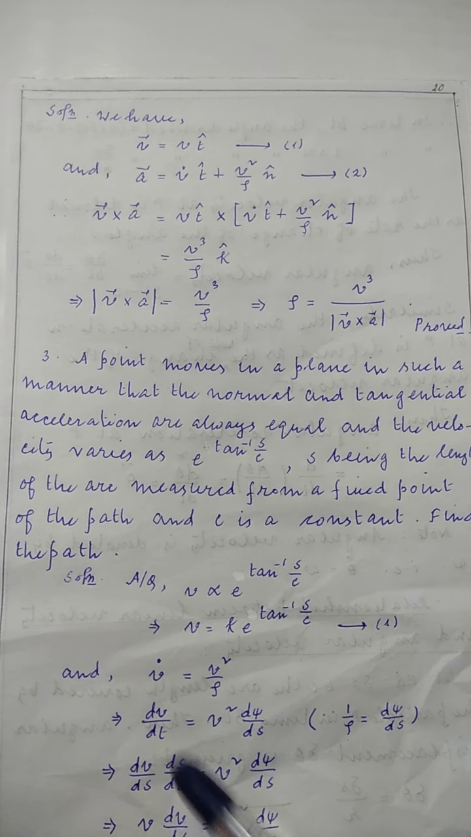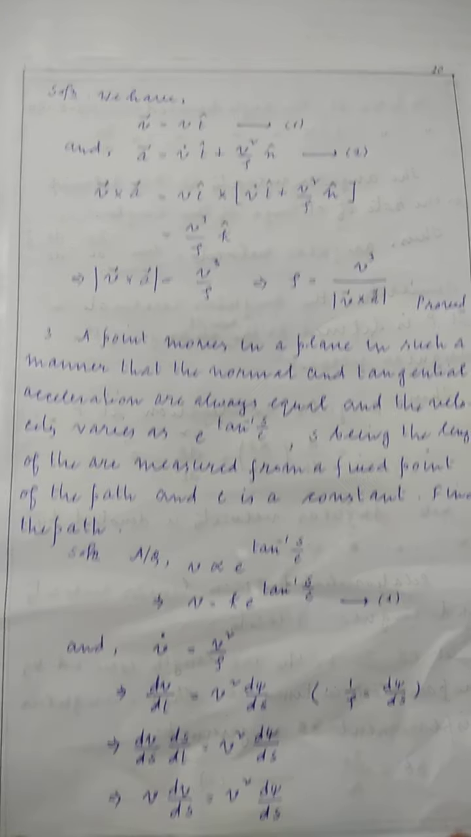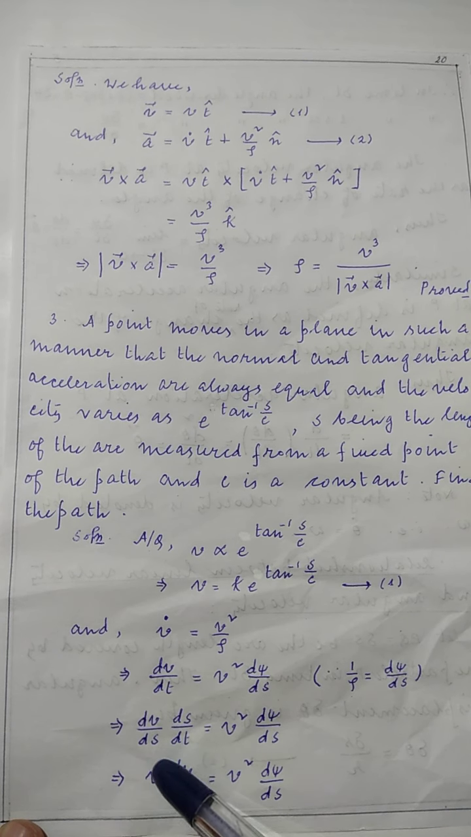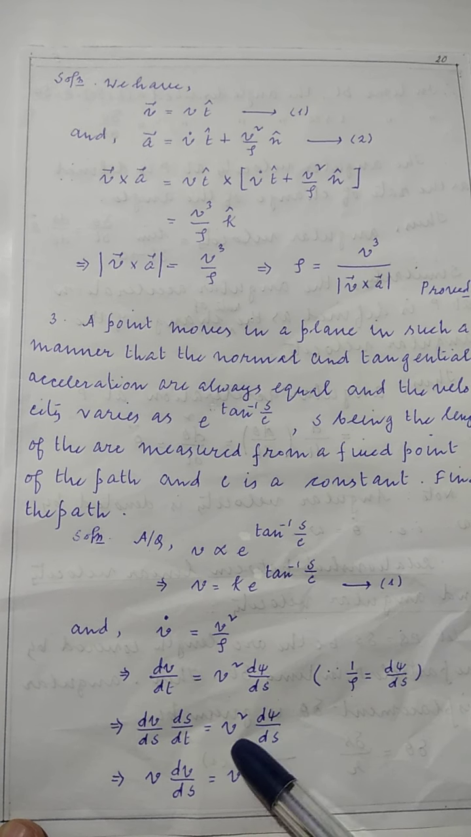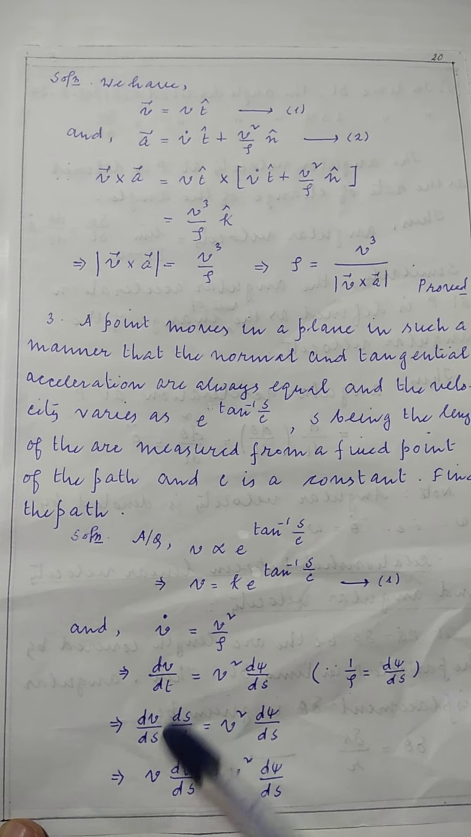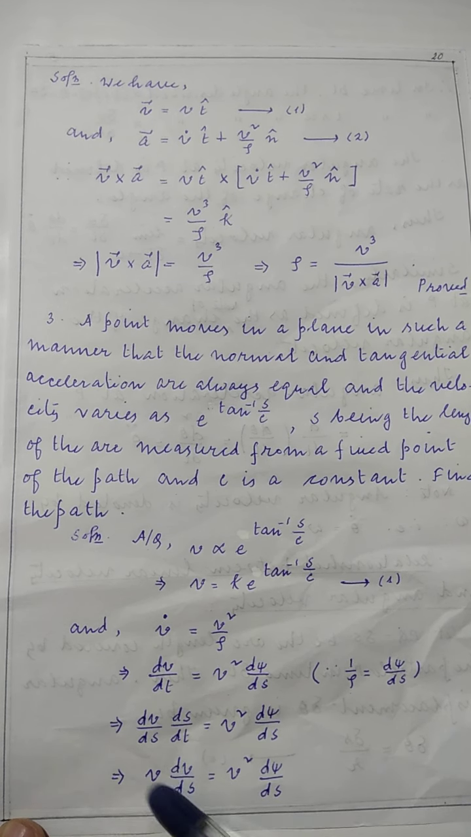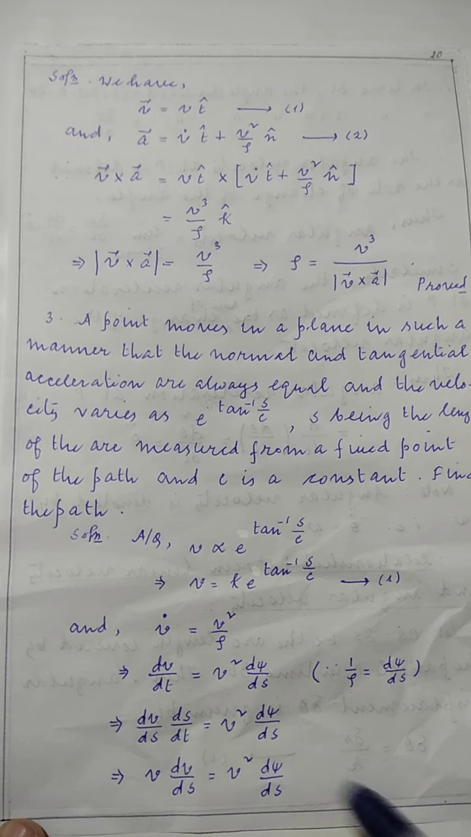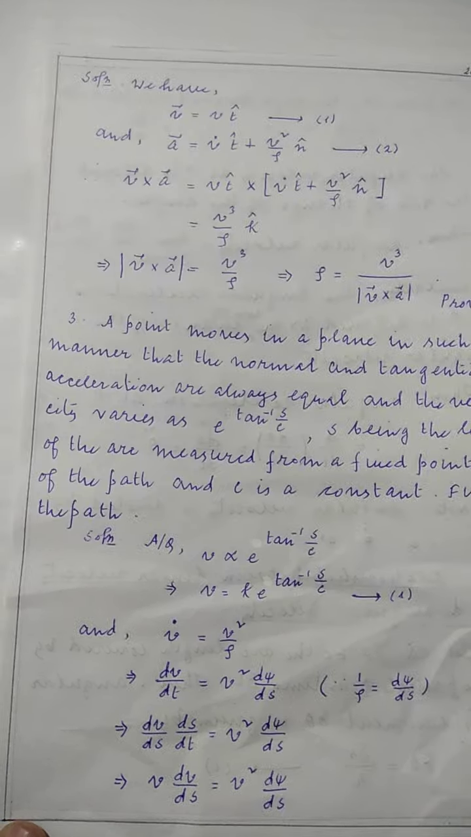Now dv by dt, by the chain rule of differentiation, we can express this way: dv by ds into ds by dt, and this side you keep as it is, v square d psi by ds. So this equation is possible to solve by the method of separation of variables. If you simplify, ds by dt is v, so v dv by ds equals v square d psi by ds. So by eliminating the similar terms so that it should be integrable, we can write